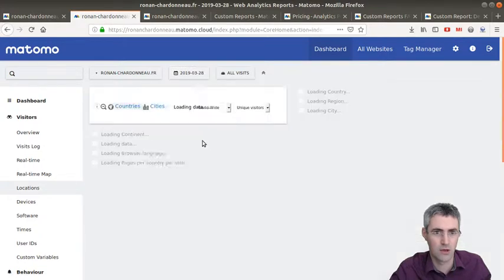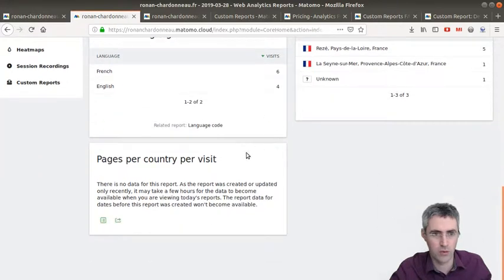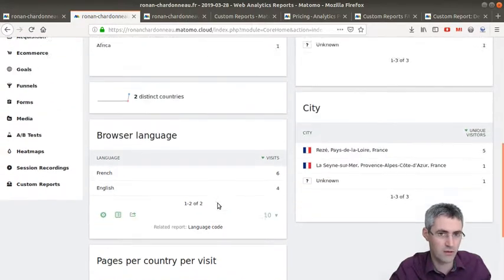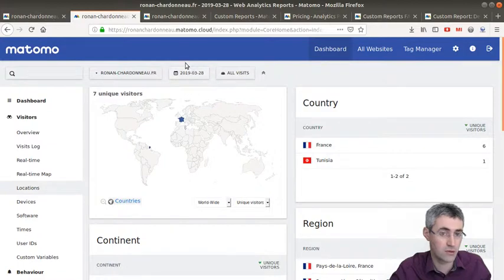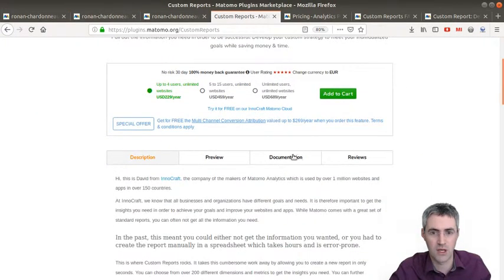So I'm just going to go on the 28th over here, and you're going to see that for the report that we wanted, there's no data yet. What it means is that it will just start to collect the data from the first day when you start the creation. If you'd like to process historical data, you need to invalidate the report. This is what is explained within the FAQ